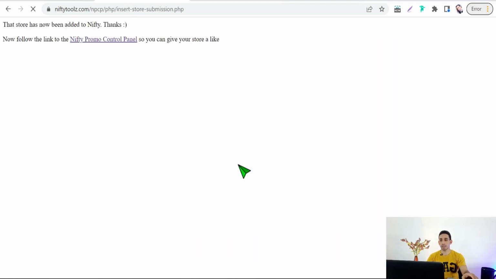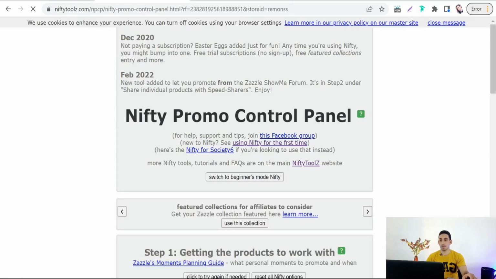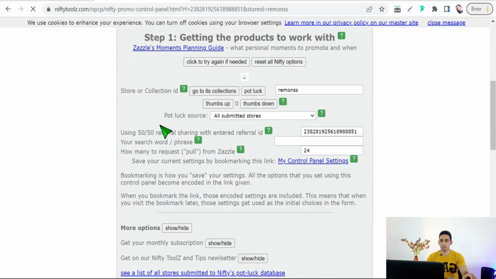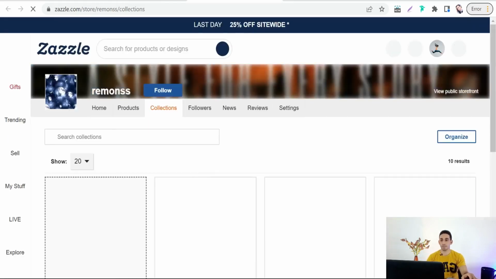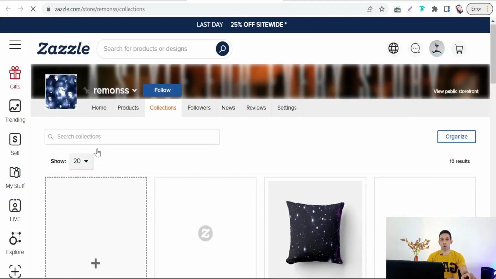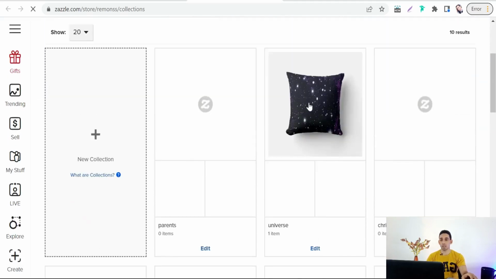Click over this button and now follow this link to Nifty promo control panel. Click over here. Perfect. And step 1, store or collection. Here is the store, Raymond SSS, or you can just pick out one of your collections. So if we click over that, go to its collections, the collection of this store, you'll find here your collection. So we can select one of them like this one,